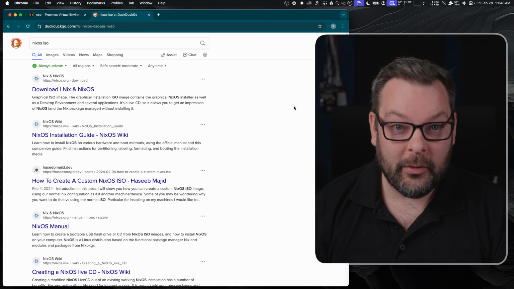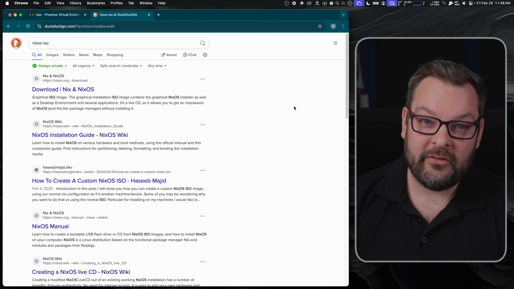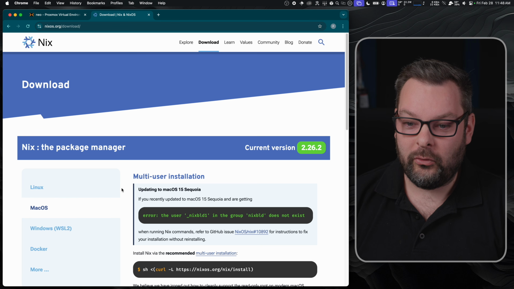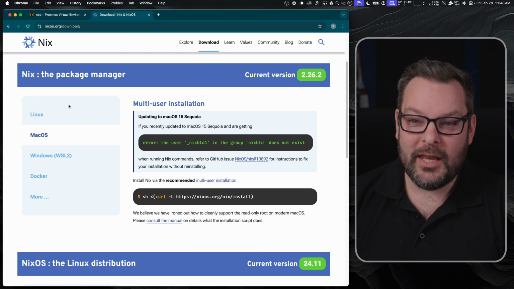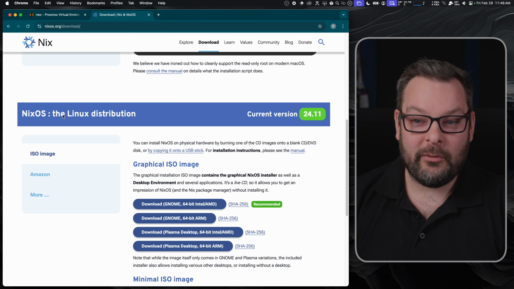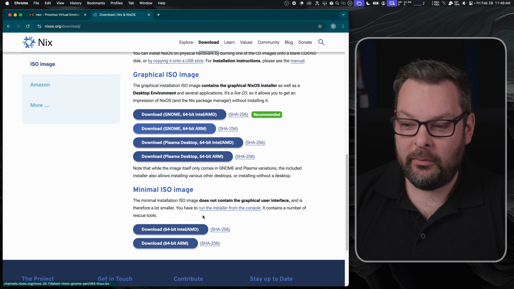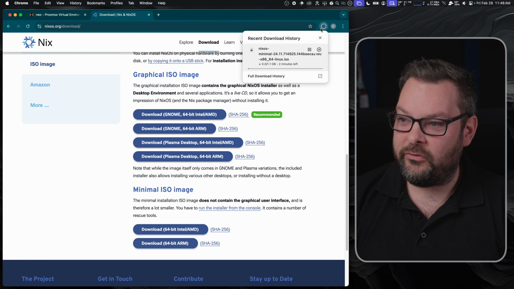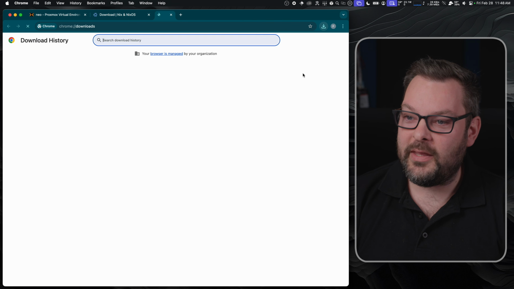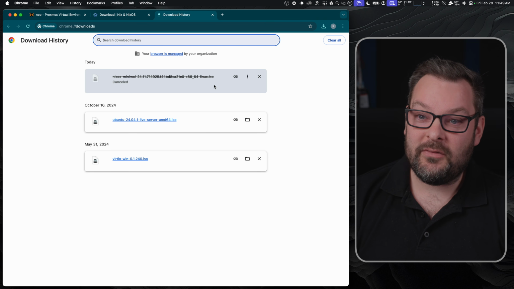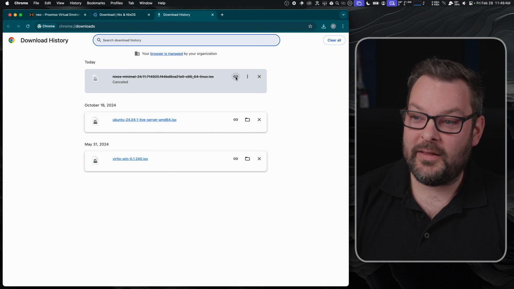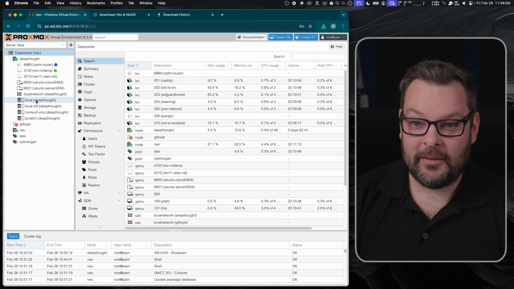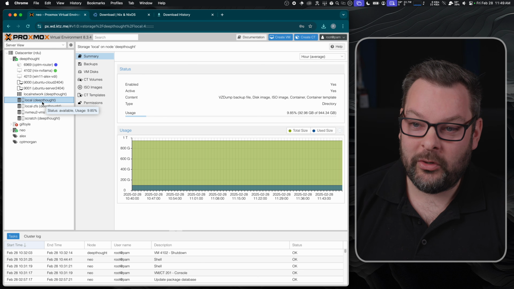So the first step we're going to need to do is download the NixOS ISO to our Proxmox shared storage. We can do that by going to nixos.org and scrolling down beyond the Nix package manager section to NixOS, the Linux distribution. Now I'm going to use the minimal ISO image here, and by going to my download section here, I'm going to copy the link by going into the full download history page, copying the link here by clicking on this icon, then going back to my Proxmox cluster, clicking on whatever storage I want to use for